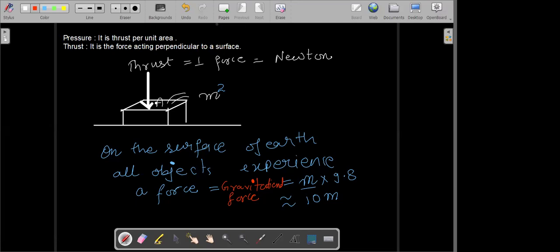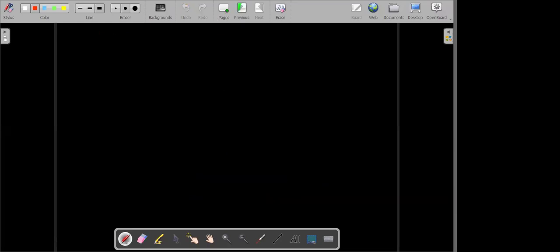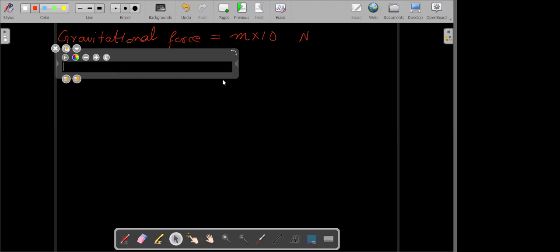Got it? Understood everything, everyone? Okay, try to answer these questions. You have to always take the gravitational force to be equal to mass multiplied by 10. This will be the gravitational force, measured in Newton. So all of you answer me this question. What is the gravitational force acting on a body